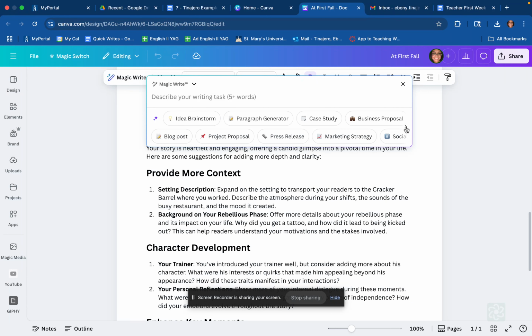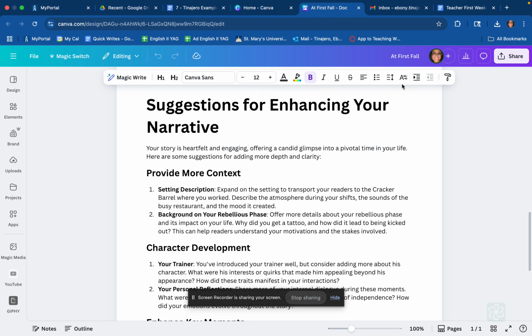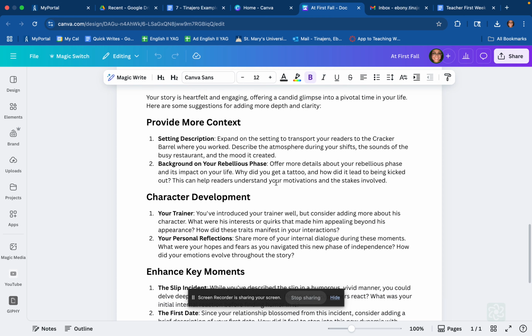Now, when I click generate, you're going to see some of the ideas are really good and some of them are really bad. But that's the point, right? I want my kids to be able to decipher which ones are the good ones and which ones are the bad ones and which ones are the ones that just don't fit into what they need to do.